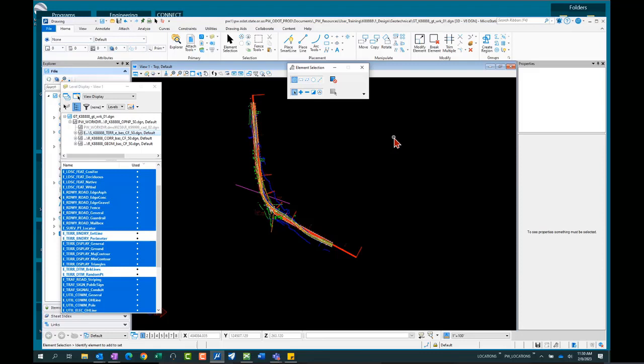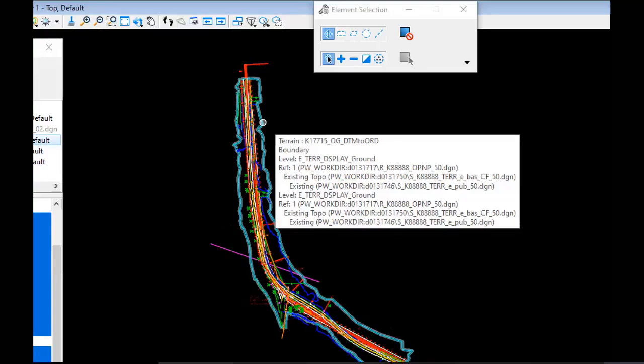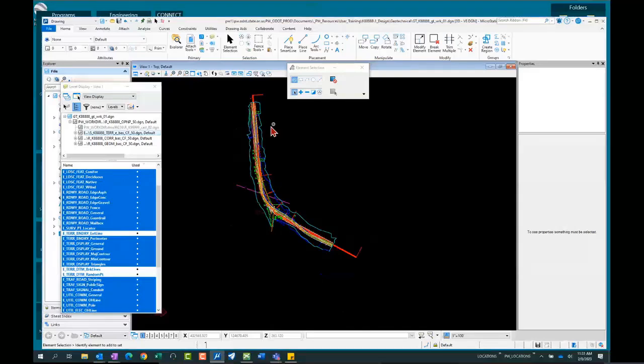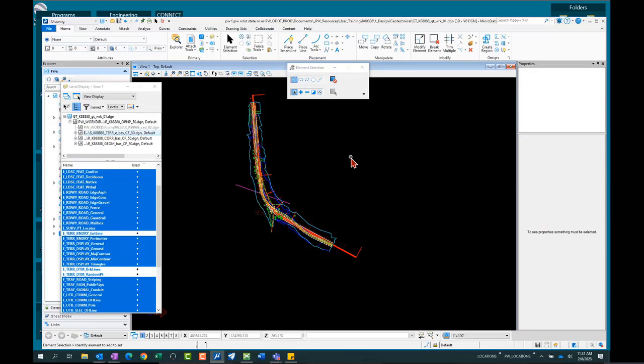The terrain is governed by its boundary, and it's called a perimeter. So what you'll want to do is make sure that this boundary perimeter is toggled on. When I hover over this line, it's cyan blue, it tells me with a pop-up, I am a terrain. That's right, that's the terrain. If we select it, it says it's a DTM entity. Fine, element description is it's a terrain. So once that's displayed, now we're ready to use our tools,